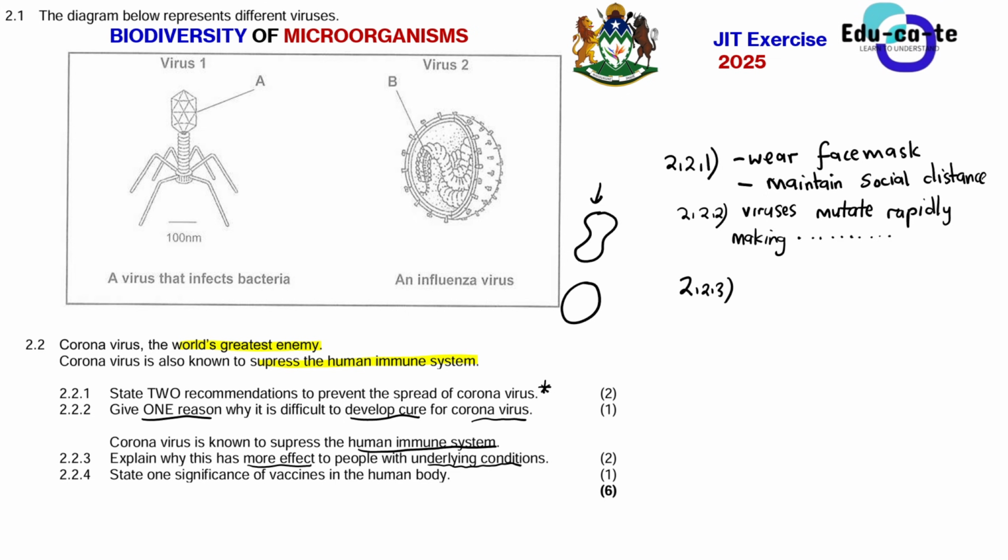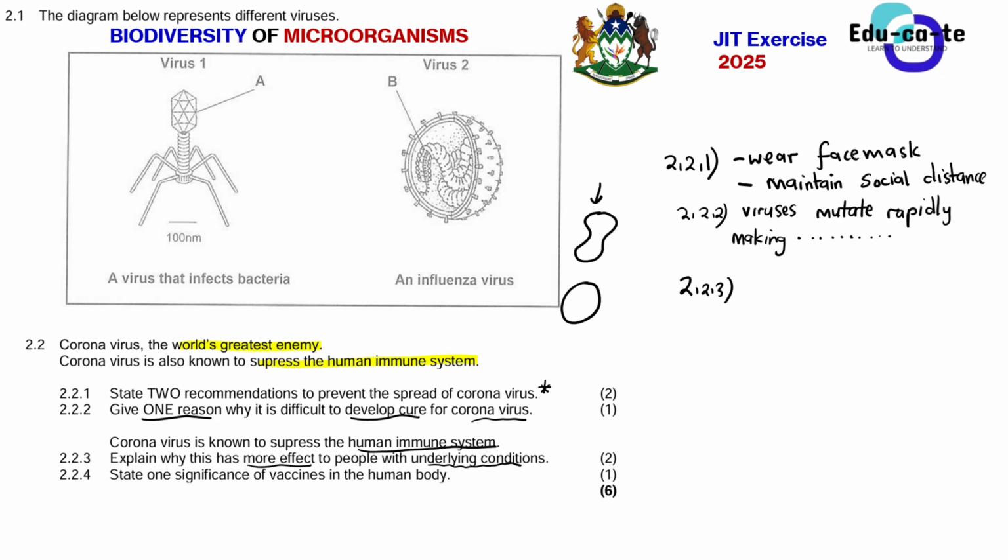When you say that the immune system is weak, it means that someone that is ill is not able to fight infection easily. So let's just say maybe you've got a terminal illness right now, and then you get this coronavirus. Now, what will happen? This will definitely affect you quite a lot. Why is this? It is because you've got a weak immune system. Your body is not able to fight the virus because it's already having other conditions within the body that are weakening its ability to fight.